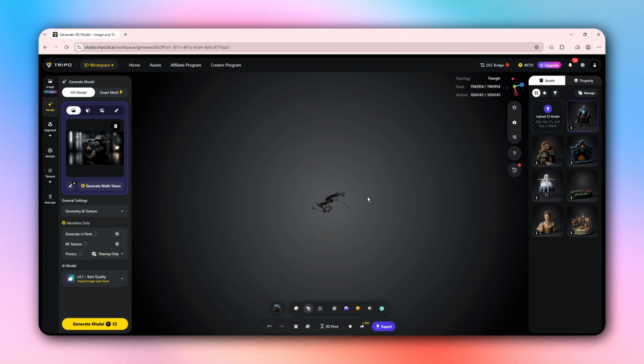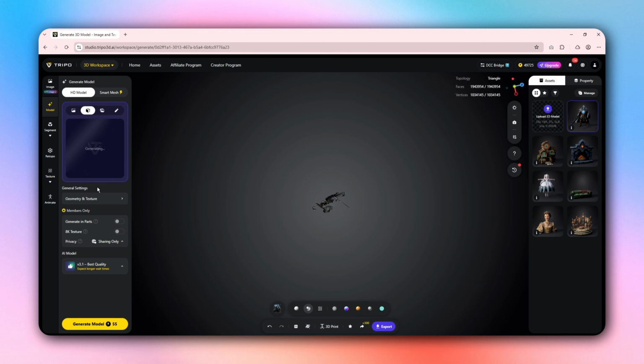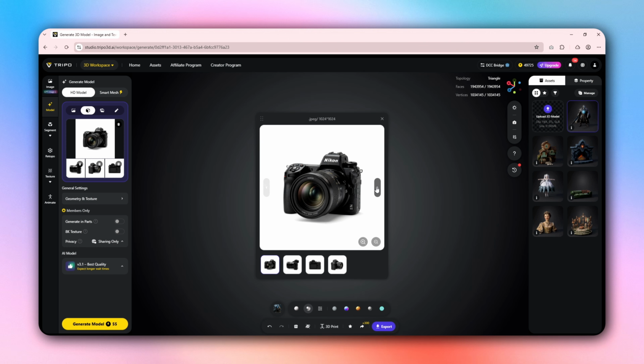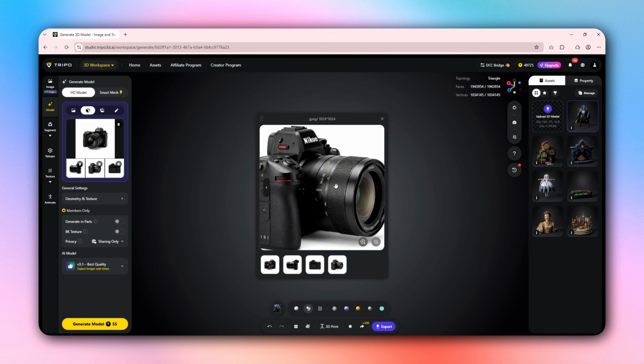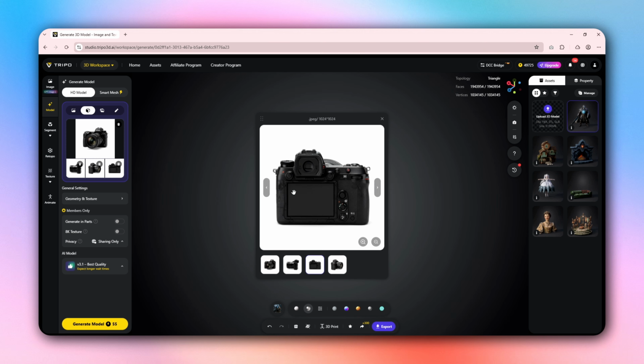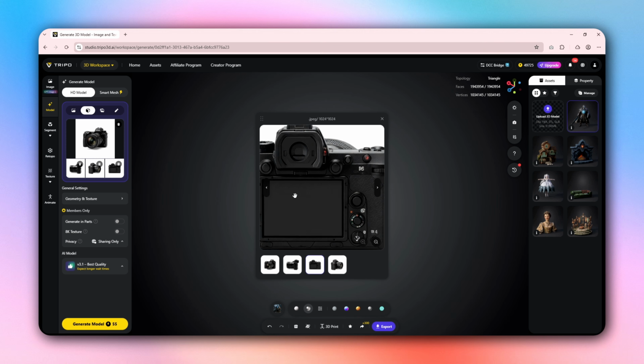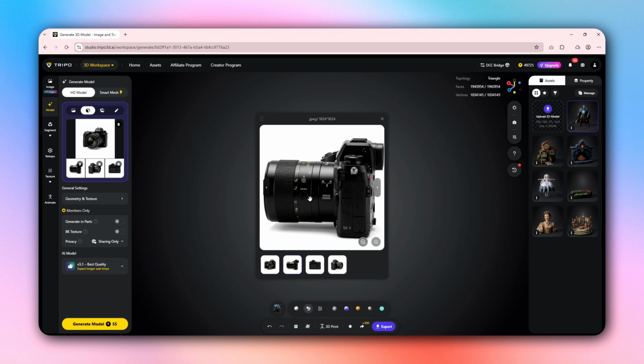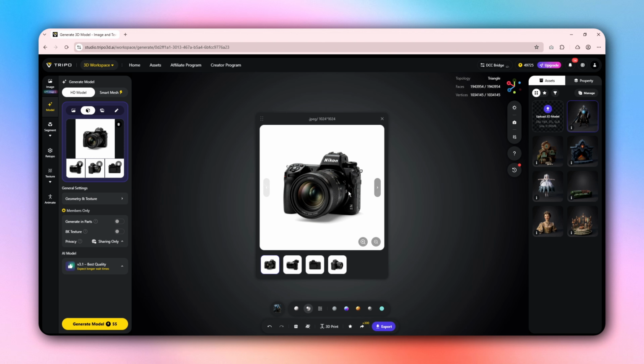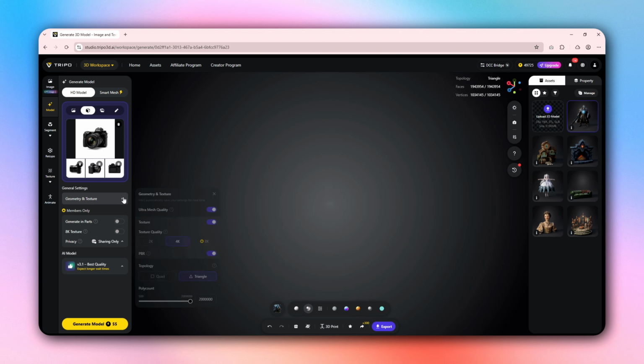Another feature worth exploring is multi-view generation. Starting with only a single image, Tripo automatically predicts additional viewing angles, including side and rear perspectives. Providing these extra viewpoints gives the AI a much stronger understanding of the object, leading to a more complete and accurate 3D reconstruction. With everything prepared, I'll once again choose HD Model H3.1, keep the quality on Ultra, and begin